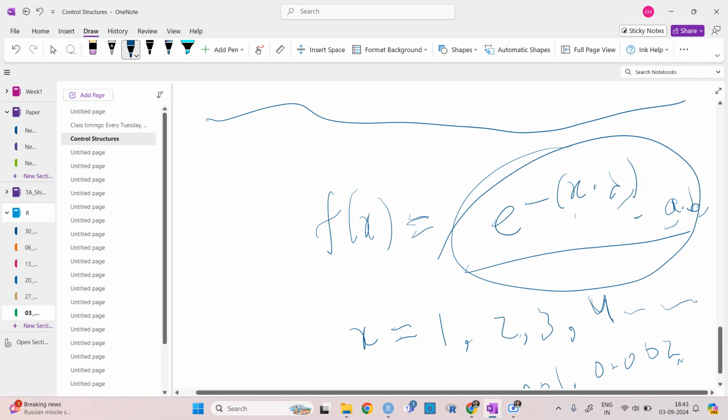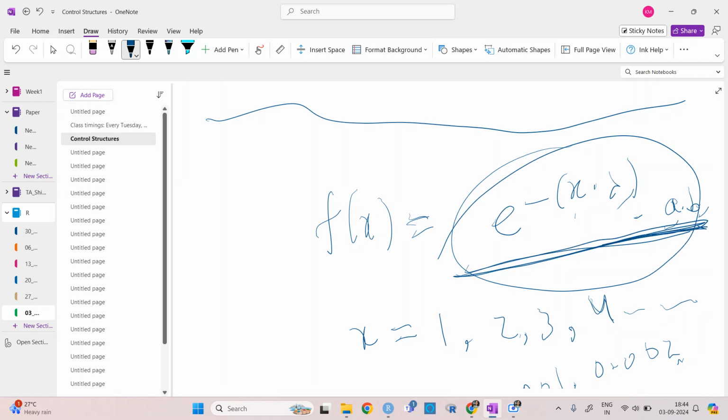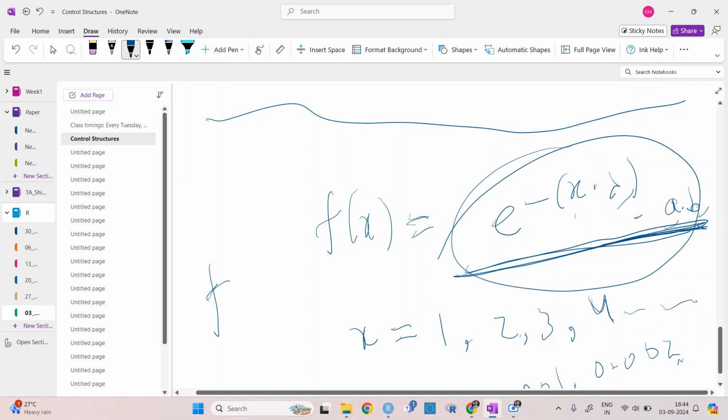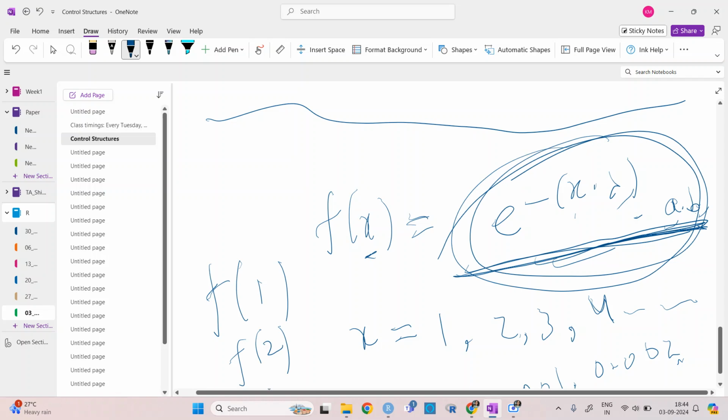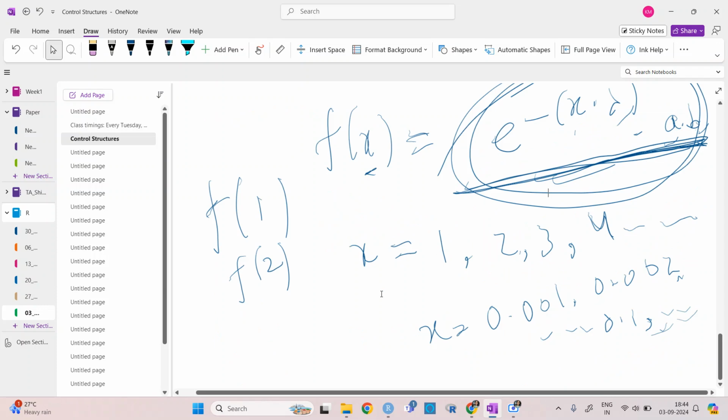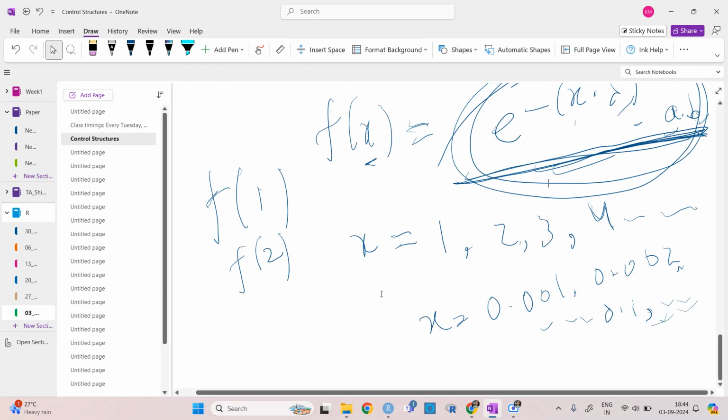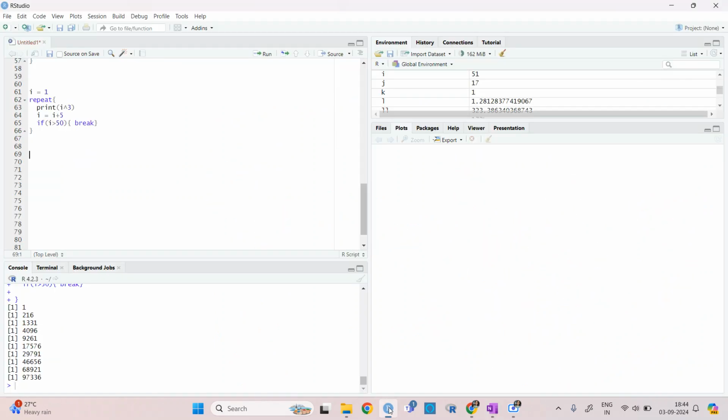So what we can do is write this as a function in R, and then we write f of x, and then we can write f1, f2. So f1, f2, and fn will give us the values. We will define it like this. So this is the basic need of defining your own function.